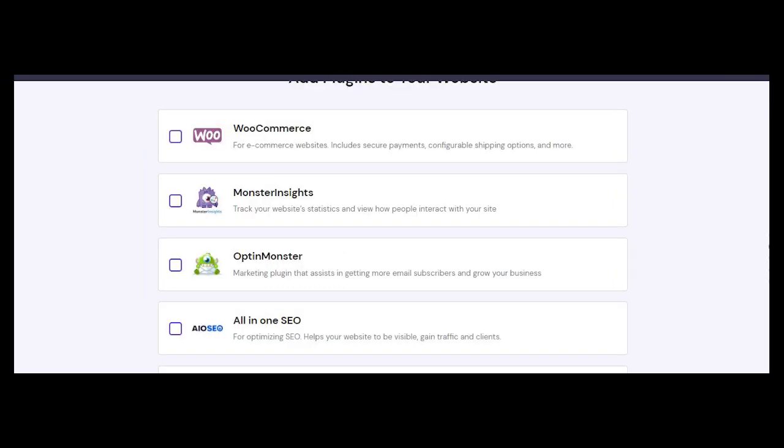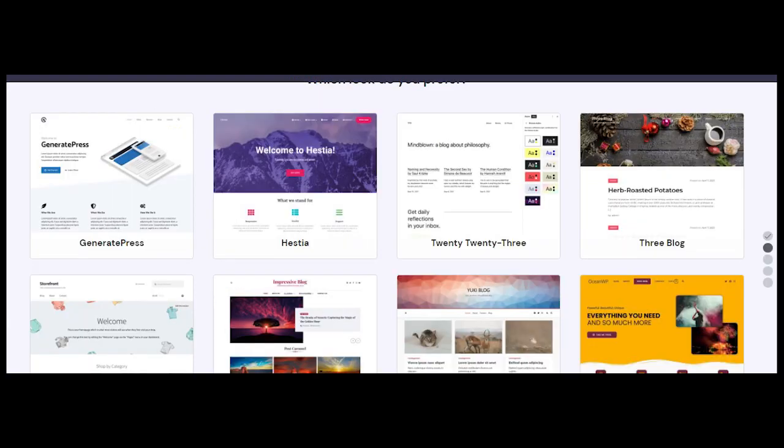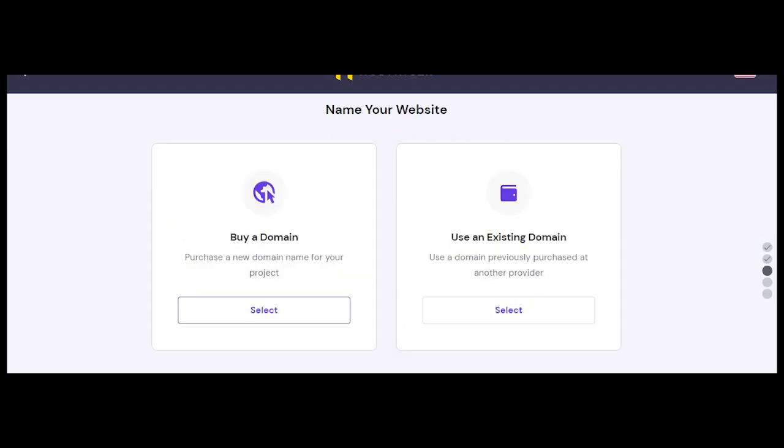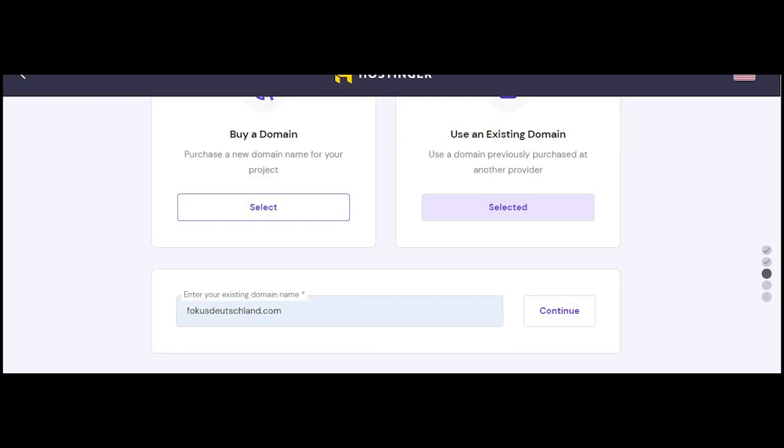And then if you have a domain, you can just link it. If you already have it, link it, otherwise you have to buy it. In my case, I already have one domain, so I just want to link the domain. So from here, I just use the Focus Germany option on top of it. Then, since I have an existing domain, I just type in focus.line.com